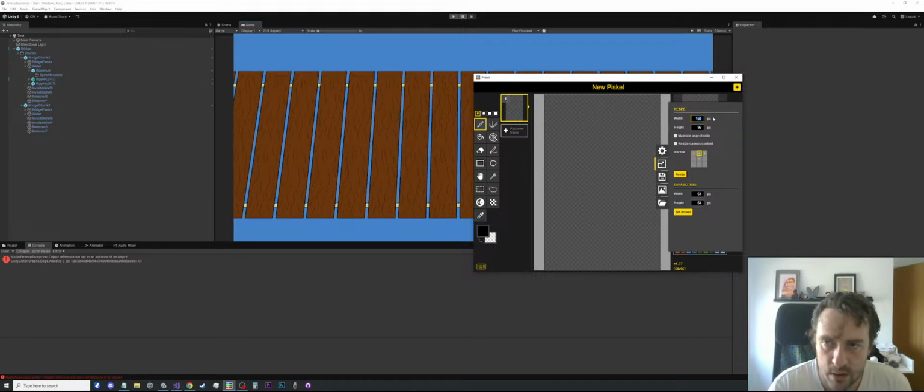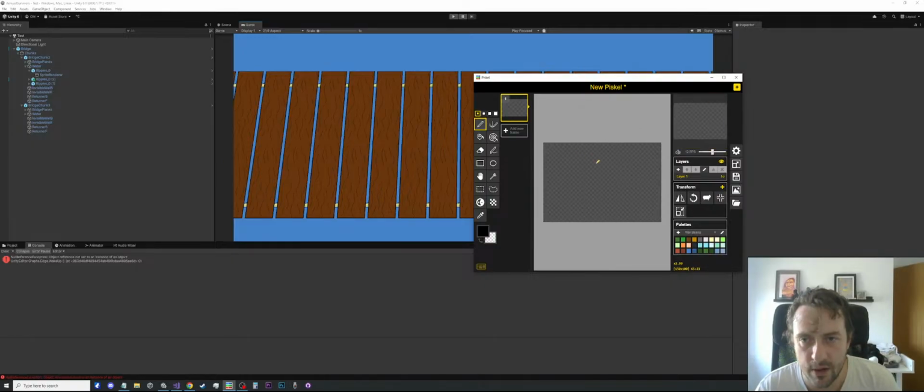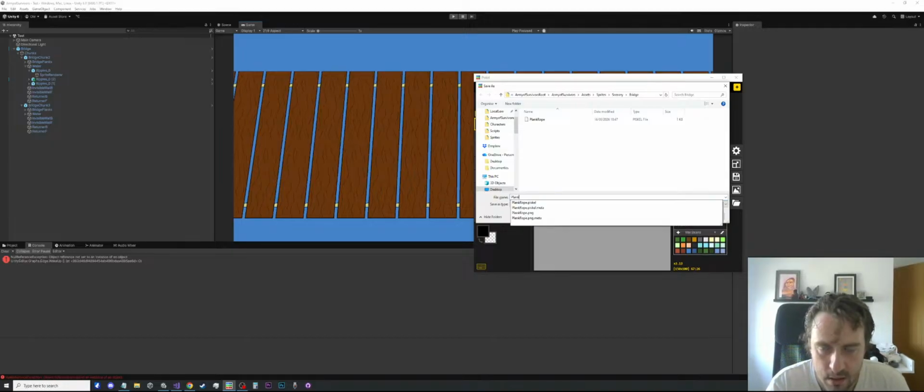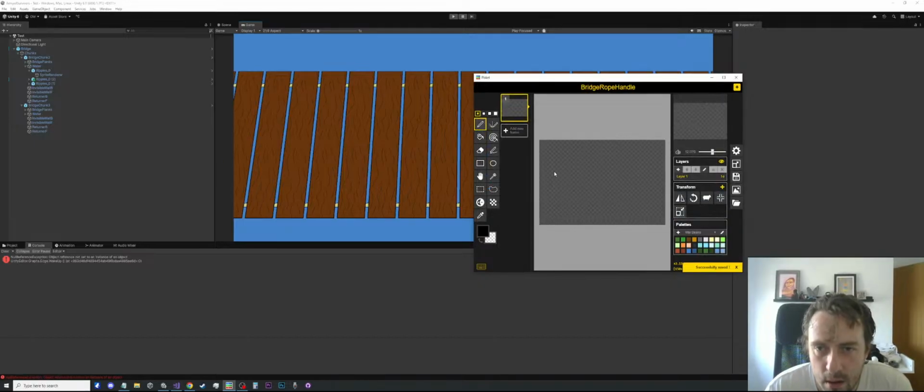Let's go with 150 and 100, and let's do a very rough version. Oh, that's plank rope. This would be plank, bridge, rope, handle. Okay, and just do a very rough version of, let's say,